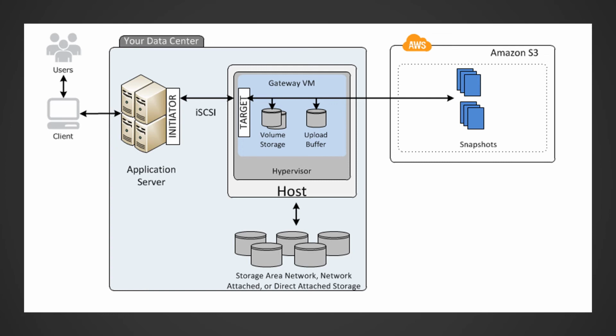As your on-premise applications write data to and read data from a gateway storage volume, this data is stored and retrieved from the volume's assigned disk. To prepare data for upload to Amazon S3, your gateway also stores incoming data in a staging area, which is referred to as the upload buffer. You can use on-premise DAS or SAN disk for working storage. Your gateway uploads data from the upload buffer over an encrypted Secure Sockets Layer, that is SSL, connection to the AWS Storage Gateway service running in the AWS Cloud. This service then stores the data encrypted in Amazon S3.